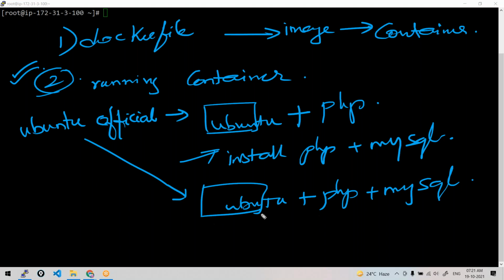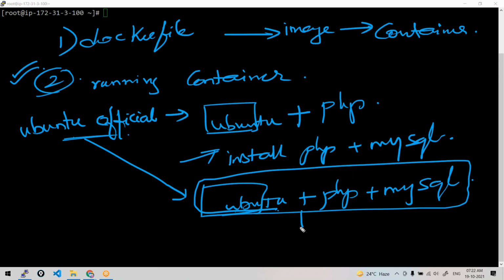Rather than this, I got an idea: rather than launching a container from the official image each time and installing my project requirements and configuring my container each time, why don't I save this particular state of the container into an image? What is the state? Ubuntu, PHP, SQL.